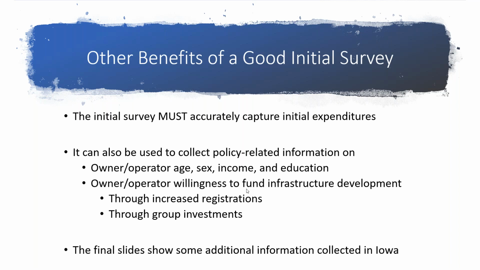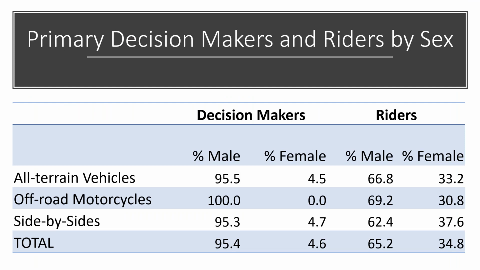Now, this is where I said I had about 22 slides on the economic impact model. The next 6 slides give examples of some of the demographic data we took from the Iowa study. I am at about 50 minutes here, and I'm going to give you all a chance to ask questions and try to answer them.